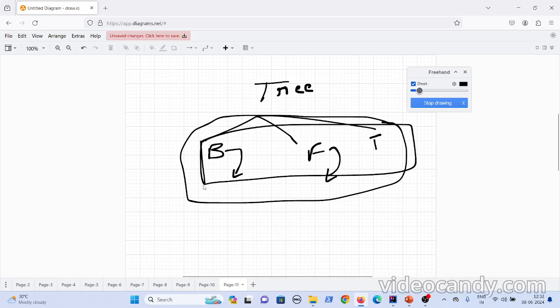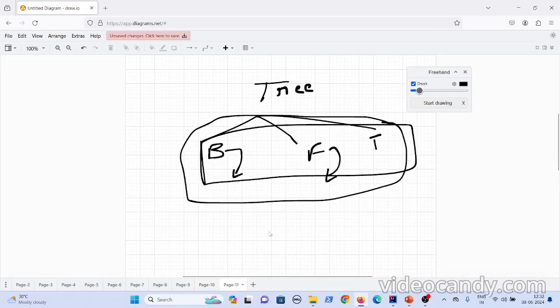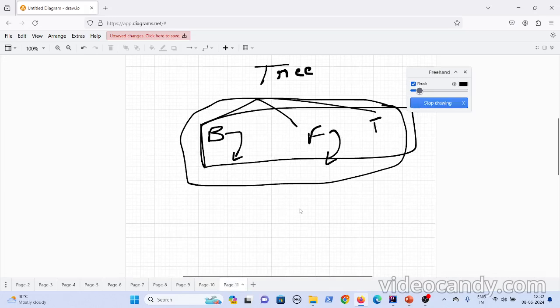Even the same thing had happened with the pizza class. You have a pizza class, and then you are decorating that pizza with multiple toppings like cheese, sauce, and vegetables. Usually you have a pizza and you are decorating it.